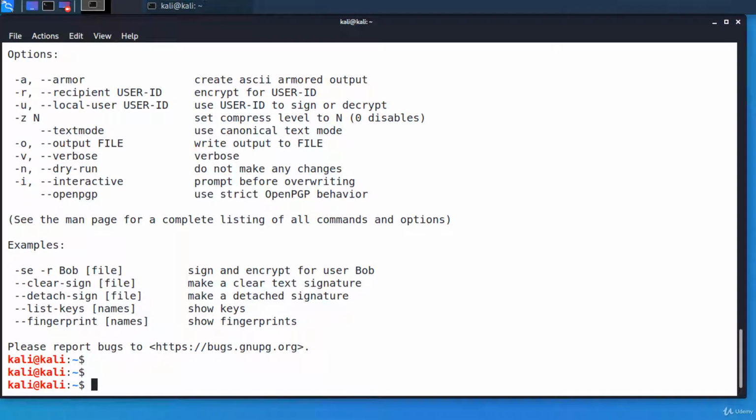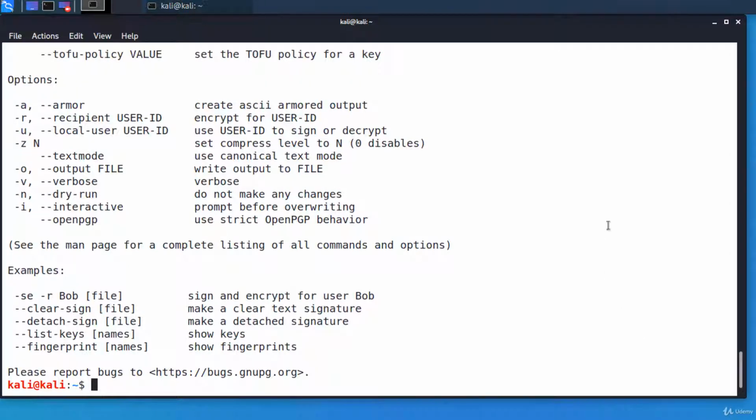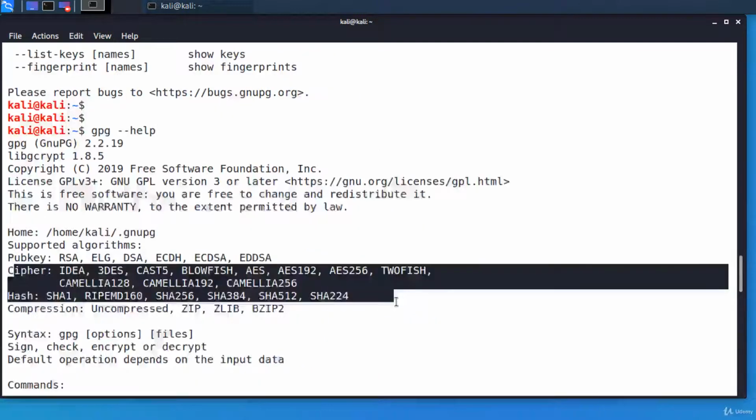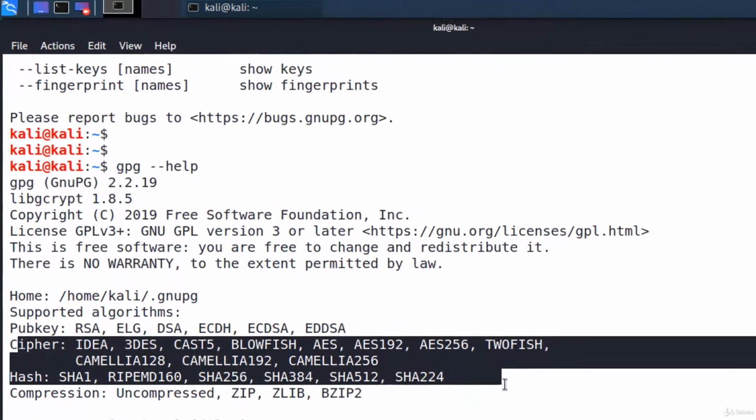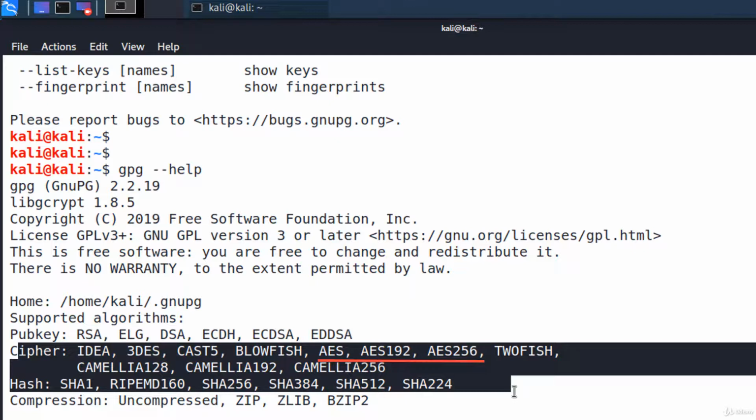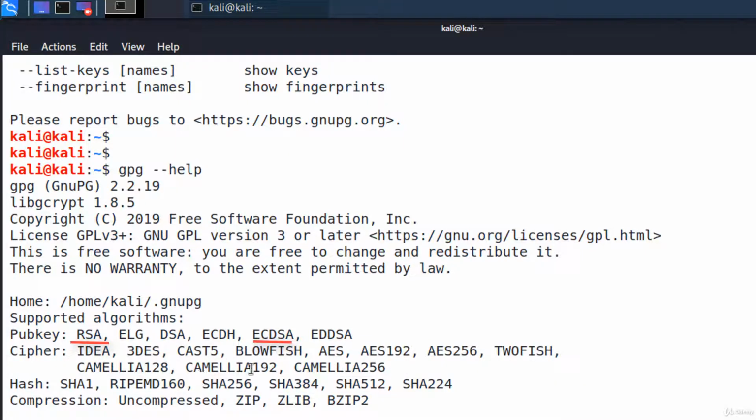In this lecture, I'll show you how to encrypt a file using GPG. There are two types of encryption: symmetric, aka private key encryption, and asymmetric, or public key encryption. As we've seen from the output of GPG help, GPG supports many different encryption algorithms. However, the most commonly known ones are Advanced Encryption Standard, or AES, for symmetric encryption and RSA or ECDSA for